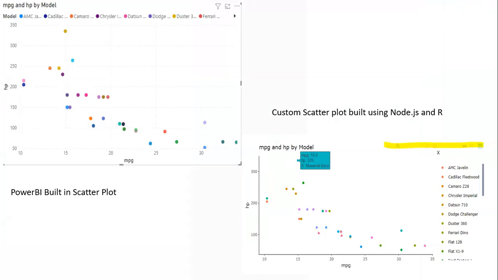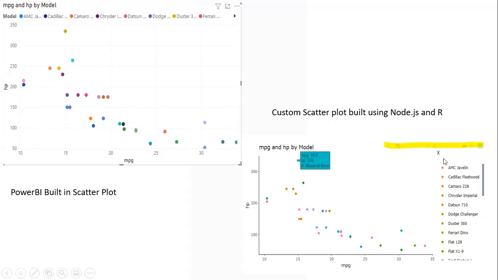In this slide, you can see on the left, I have created a scatter plot using the cars dataset, where I have just used MPG and horsepower, using the built-in visuals of Power BI. On the right side, I have created a similar scatter plot using Node.js and R, using an R script.